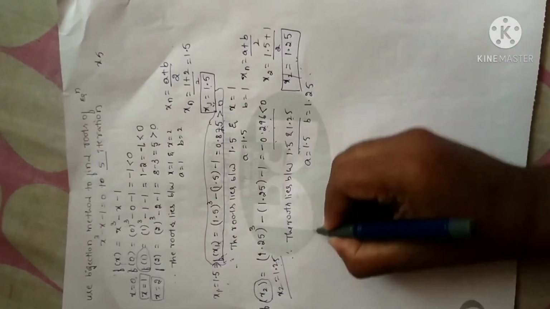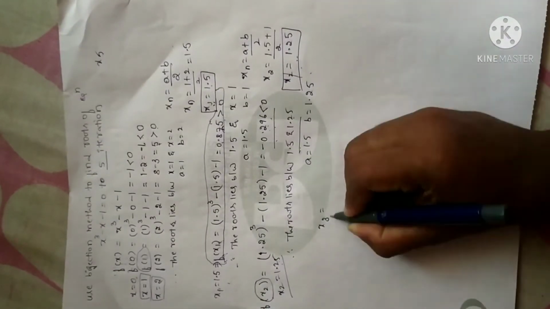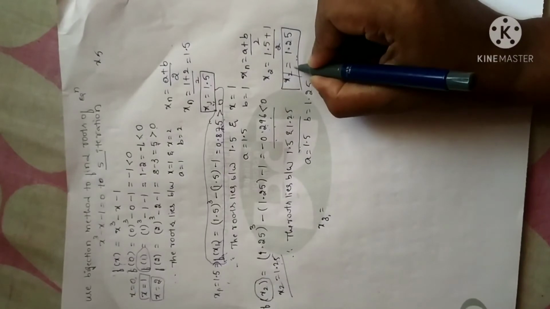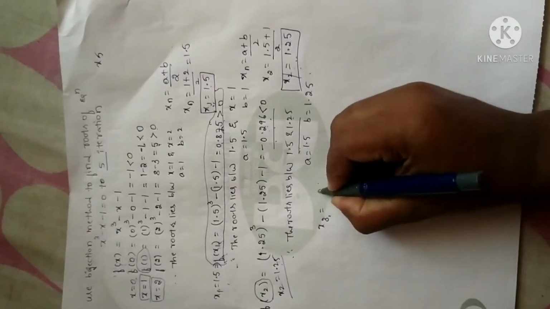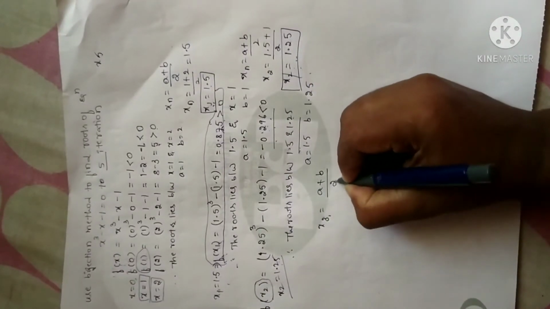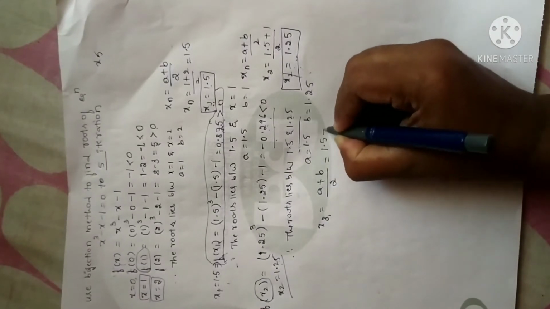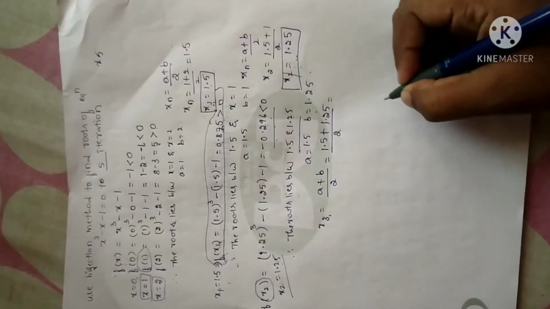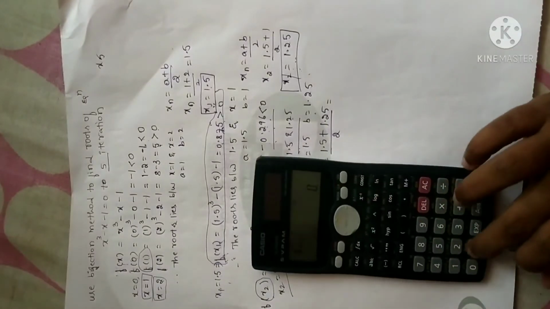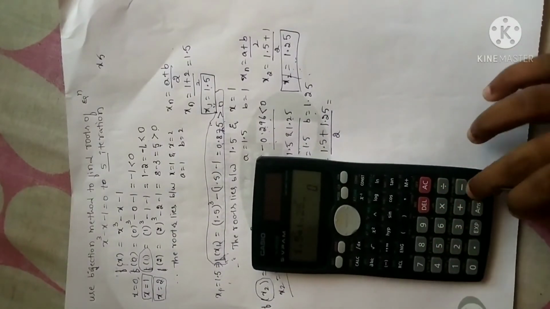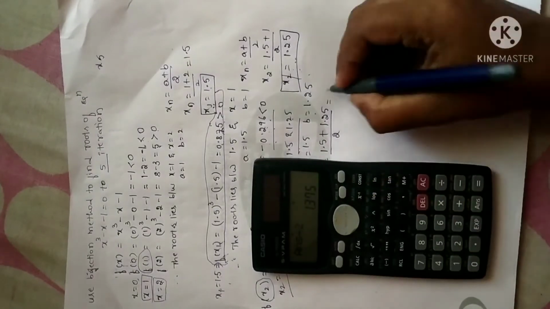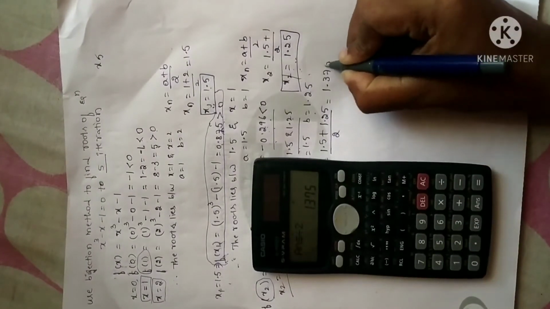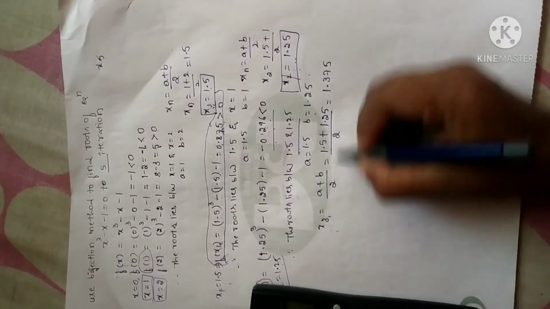Fine. Now use the same procedure to calculate the value of x3. Why? Because I have already done x2. I have to do x3. x3 is equal to (a plus b) by 2. a is 1.5 plus b is 1.25 divided by 2. Now 1.5 plus 1.25 divided by 2 gives us 1.375. So the value of x3 is